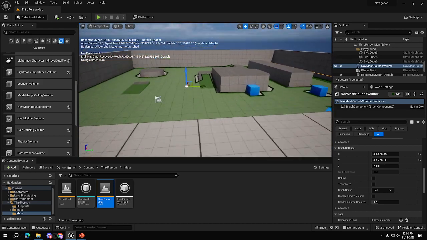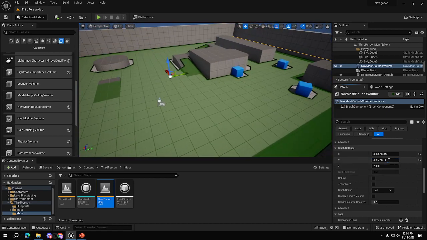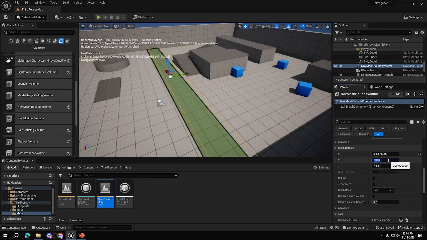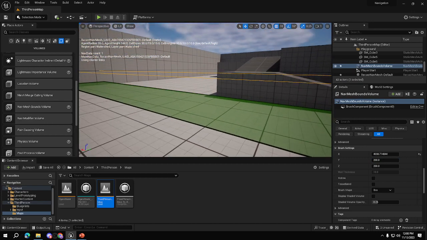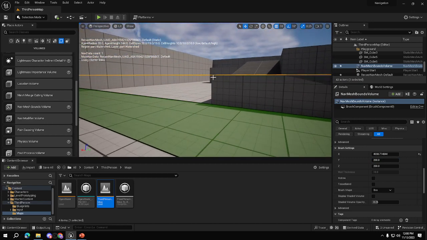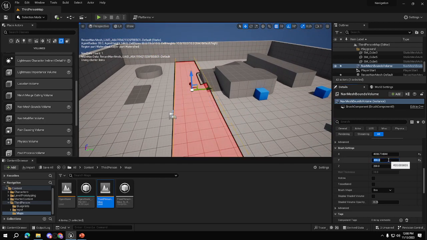The reason why it never went up there is because if you check our nav mesh bounds volume, if I make it back to, let's say, 200, makita mo na the volume is only until up here. So if you increase that, or if you move it,